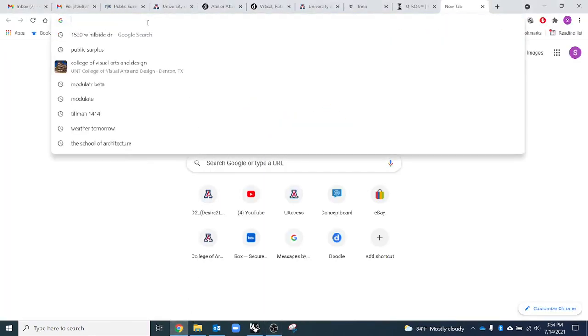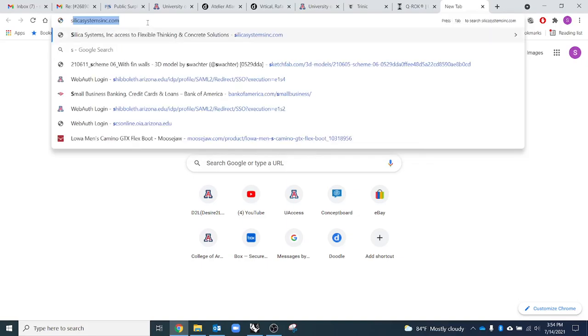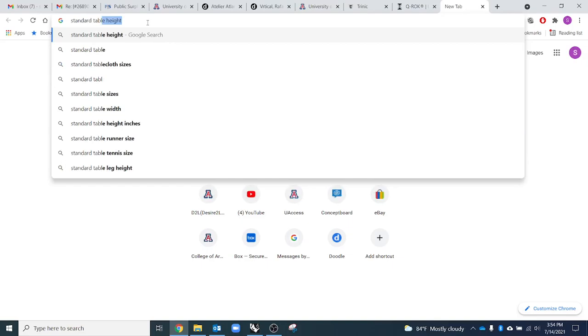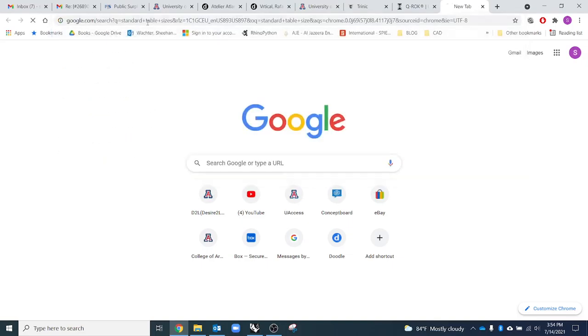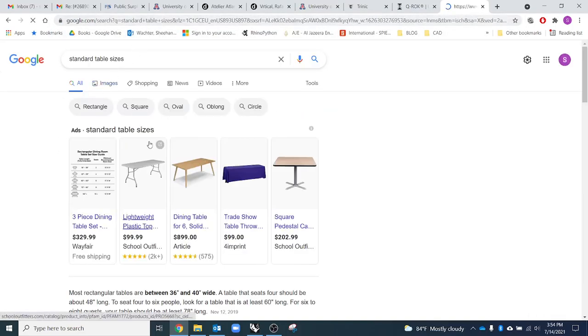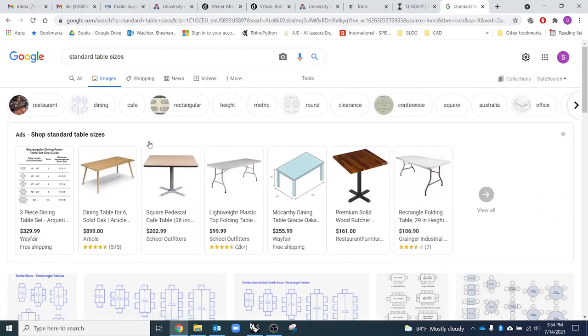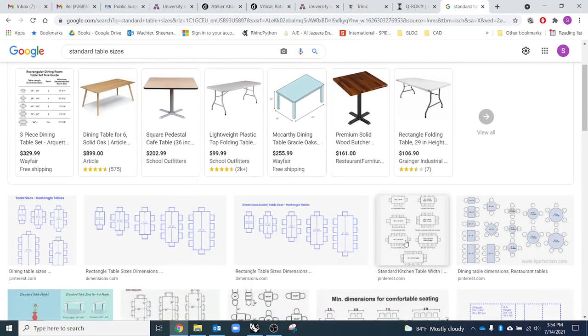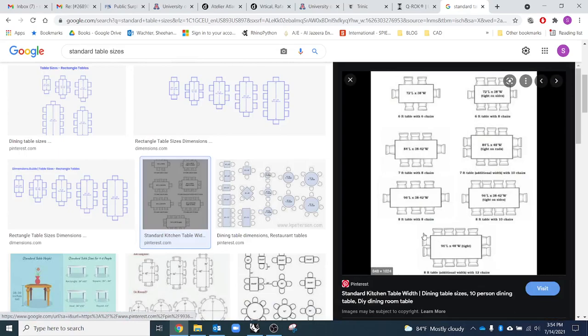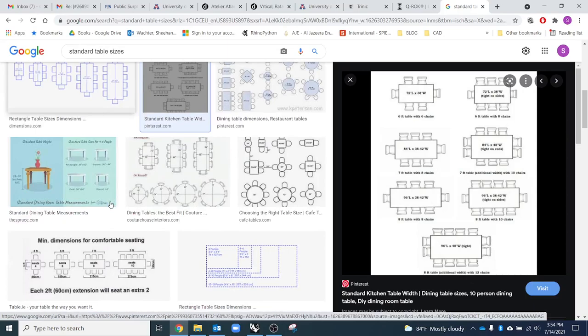One of the things, if you don't really know what the right size is, you just type in standard table size, standard table height, and go to images. Obviously there's not one number that's totally standard, but you can get a sense of, like, a 6 or 10 person dining table, a certain size, right? And so I would draw, for example, a dining room table or some kind of table like that,